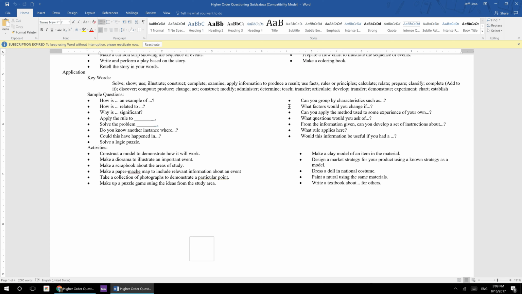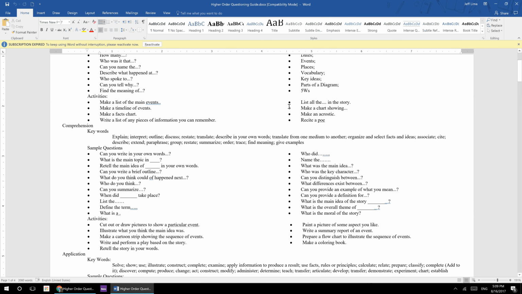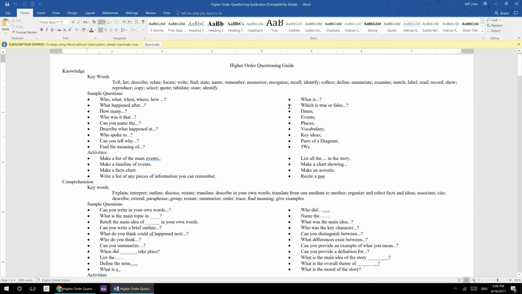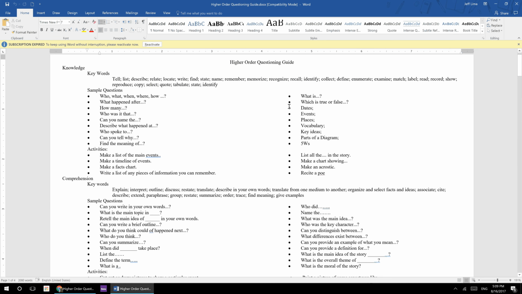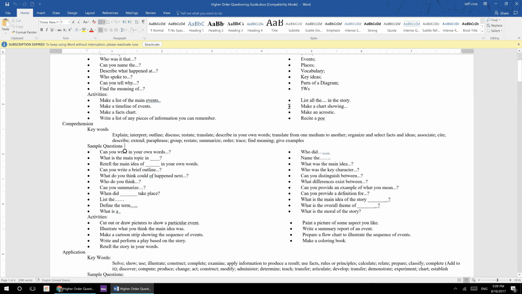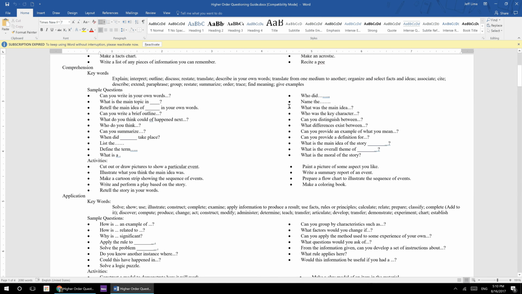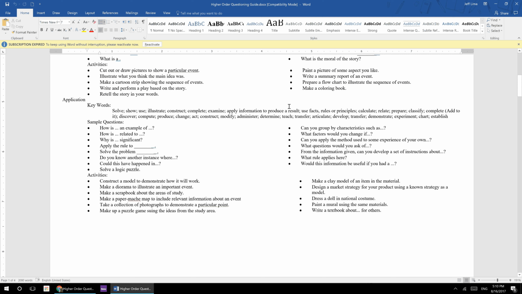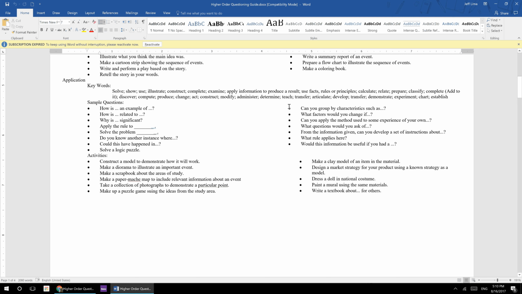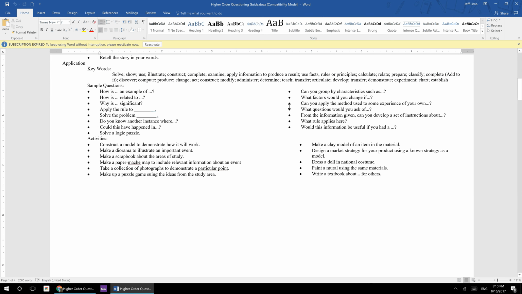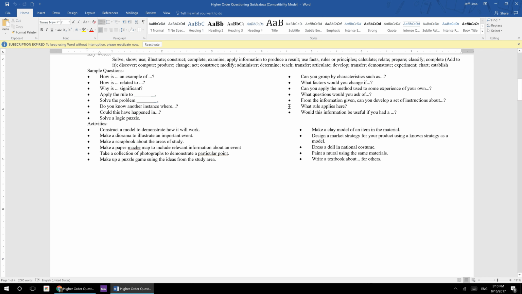So for example, if I'm doing a topic about motion with constant velocity, I could ask a knowledge question that just asks someone to define what velocity is. That would be a knowledge question. A comprehension question would be more like, can you summarize the steps to figure out the velocity of an object? Application would be if I gave you certain numbers and you had to solve a problem where you had to figure out velocity. So you see the difference, right? It gets more and more complicated as you go down this.